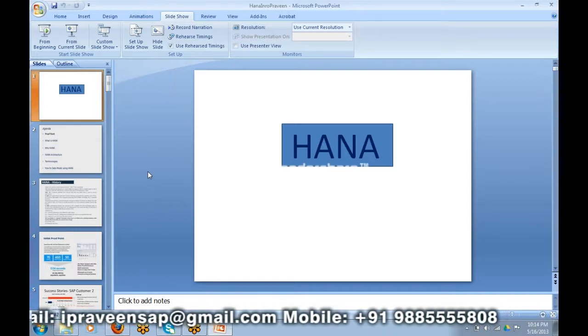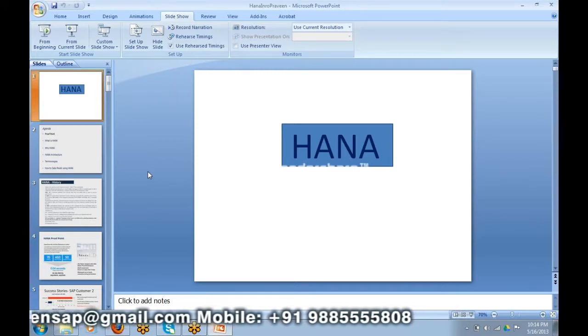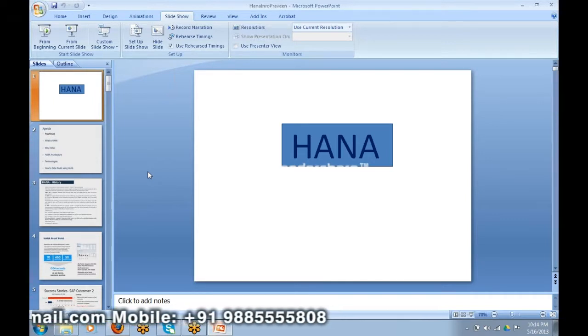So it's similar to Universe Designer, like creating all these models? No, I will not compare HANA with the Universe. Universe is just a semantic layer. There we can only work with the existing structures of the original database. We can only establish the relationships, cardinalities and all. Here we can create our own tables.